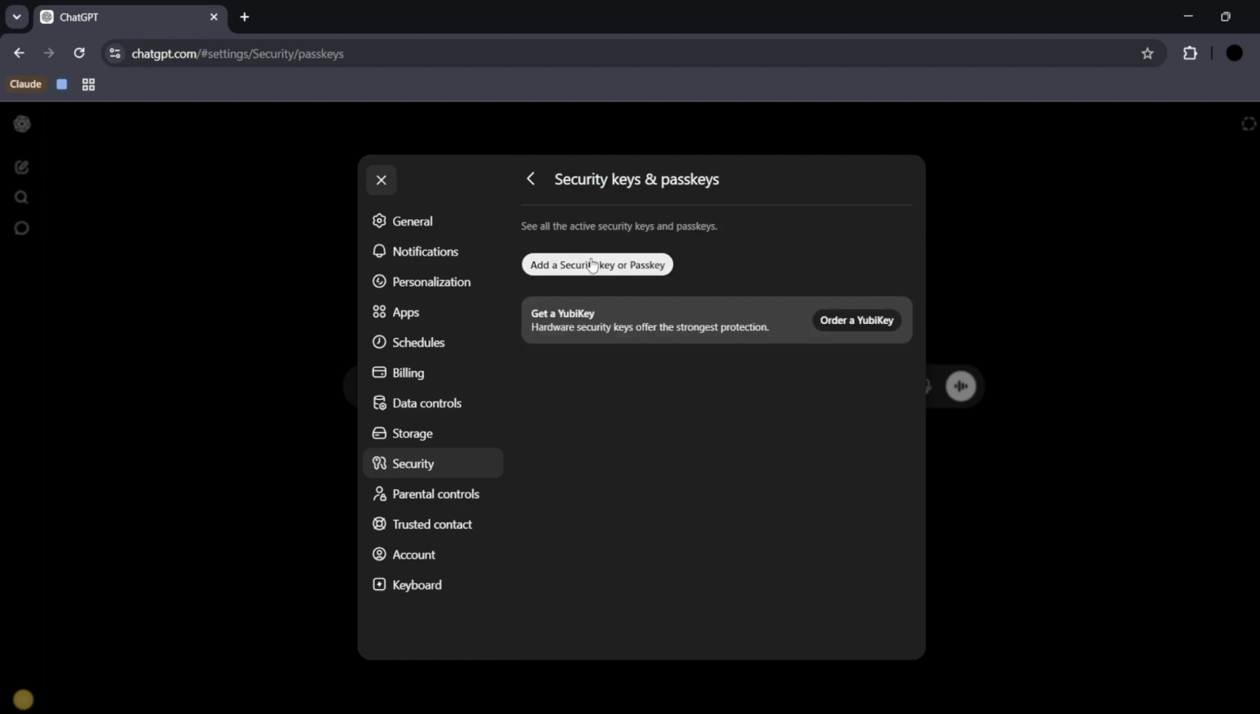Click onto this add option, and from here, if you wish to add a YubiKey, which is a hardware security key that offers the strongest protection, you can order a YubiKey from this particular website. A YubiKey is like a pen drive that has a fingerprint sensor and utilizes the same in order to verify your authorization. Nevertheless, you can click onto this add a security key or passkey option to add your own digital